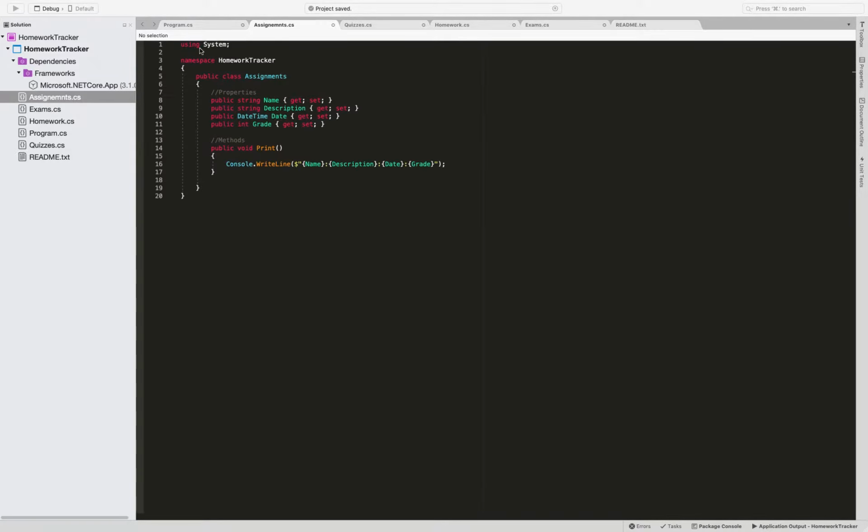So, I start out with just a public assignments class, and this is the base class. It has all of the values that I will need in each of these other child classes. And I have the name, the description, the date, the grade, and I have a method here that just prints